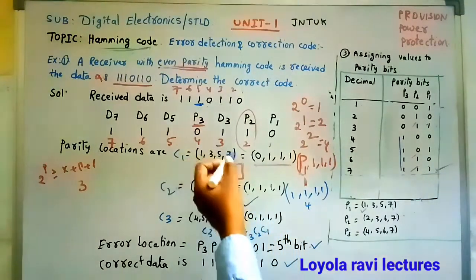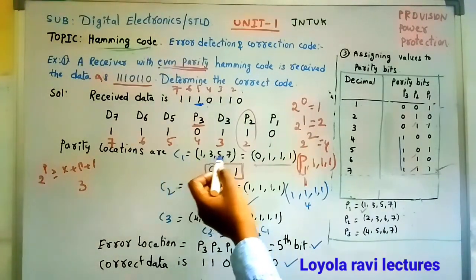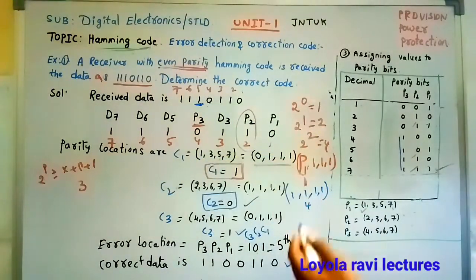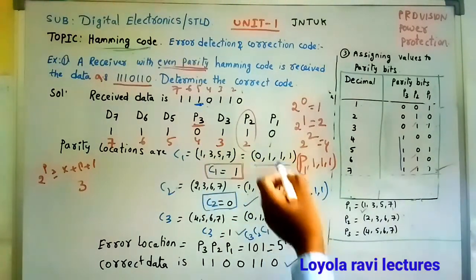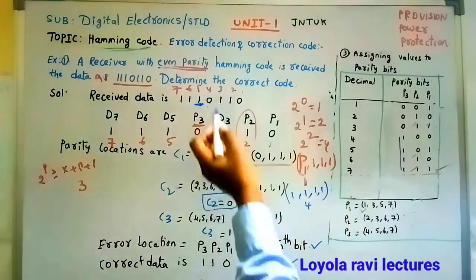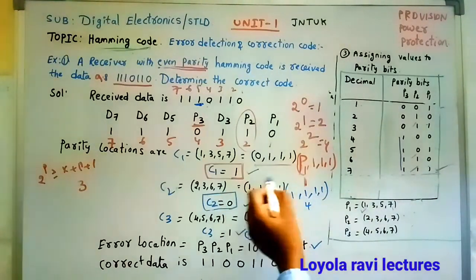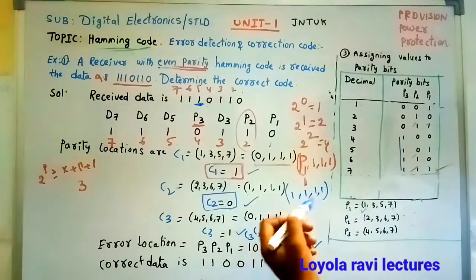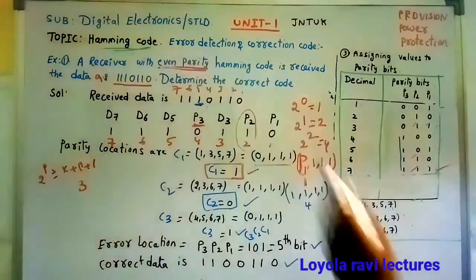So finding locations is done using even parity or odd parity. First, P1 should cover 1, 3, 5, 7. There you can write all the bits. Check whether these satisfy the even parity or not. If it is not satisfying, then make it even parity. So here the number of ones is 3. By taking the parity bit as 1, then only it becomes even parity. That's why I am taking this parity bit as 1. In the same manner here the number of ones is 4, even parity. So the parity bit should be 0. If I take the parity bit as 1, there are 5 ones, that is odd parity. That does not satisfy the even parity condition.